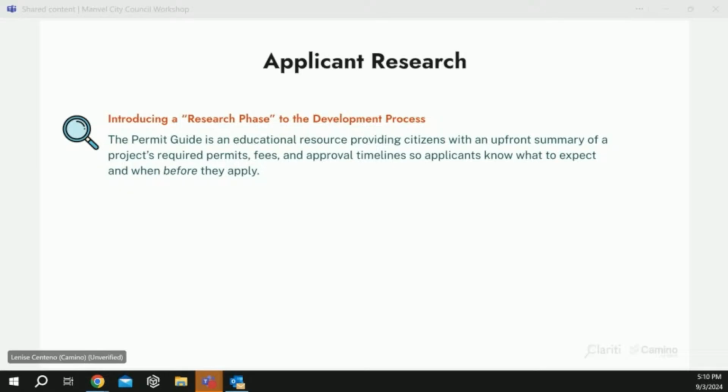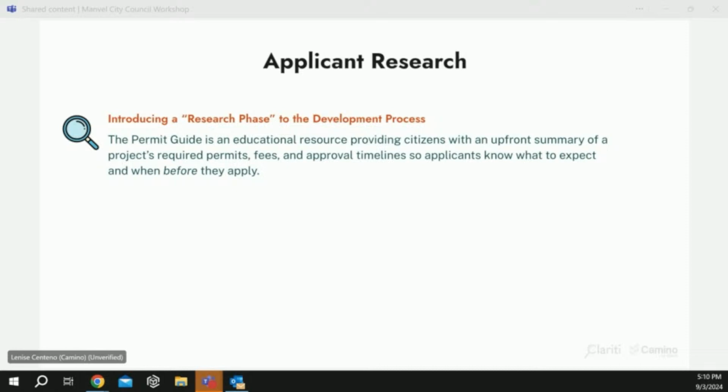Or if trees are being removed, you can kind of continue to go down the list of different factors that may affect what this checklist may look like for a resident. And so that's all of the things that we have in consideration when we build this out. But that's what makes this a unique part of the process.